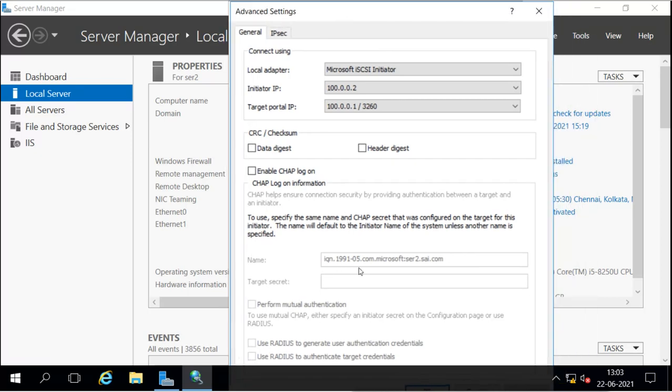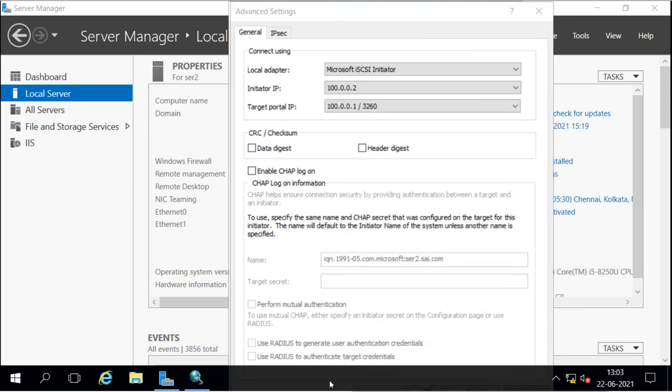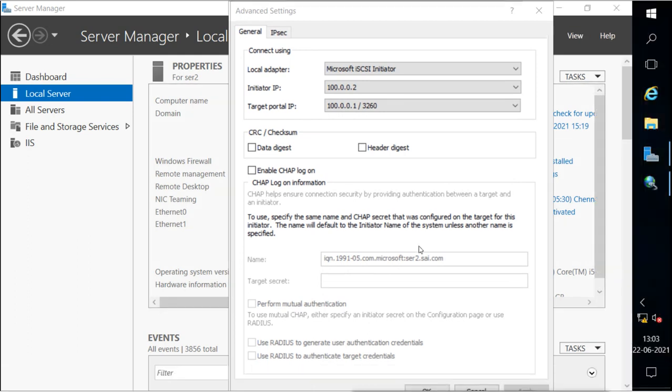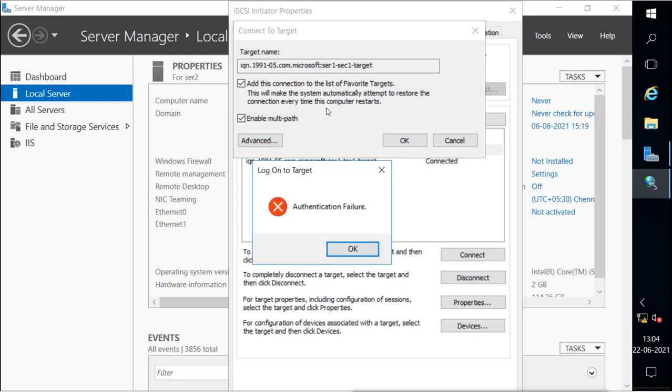And then I will press OK here. OK is not showing, so I will remove this, and then I can see the OK button. Then I will press OK from here. It is also secure, so I have to provide the authentication also.